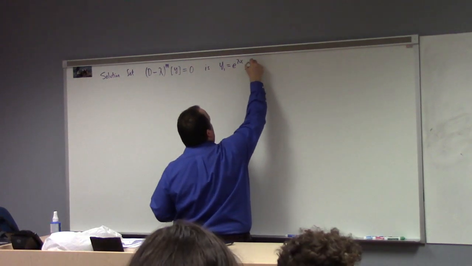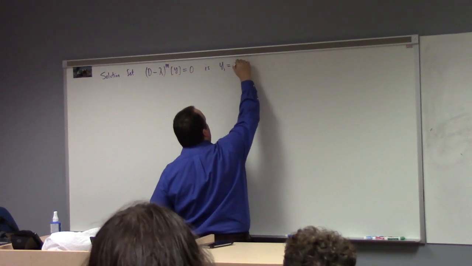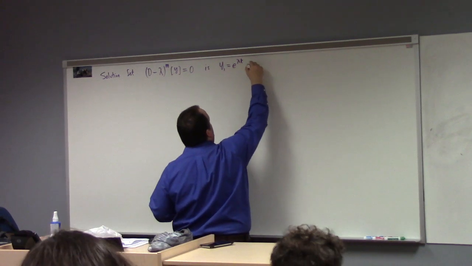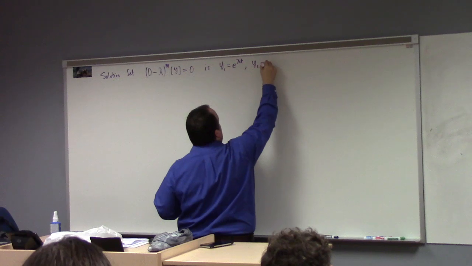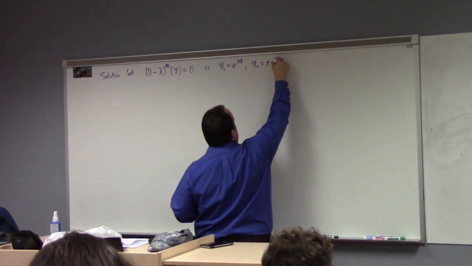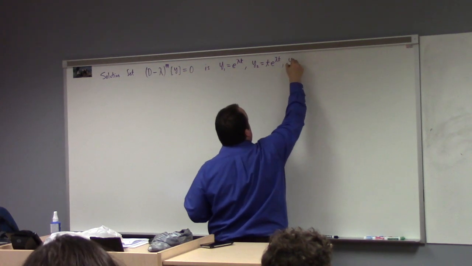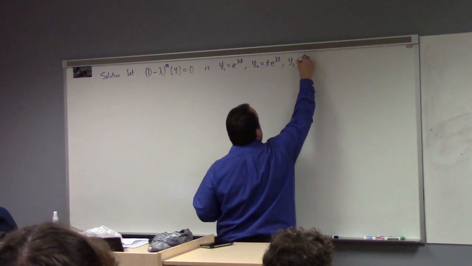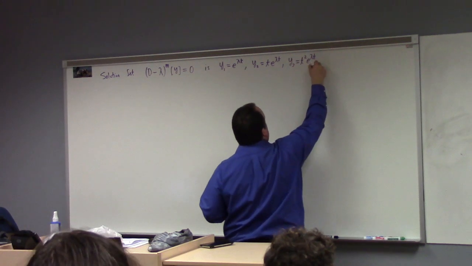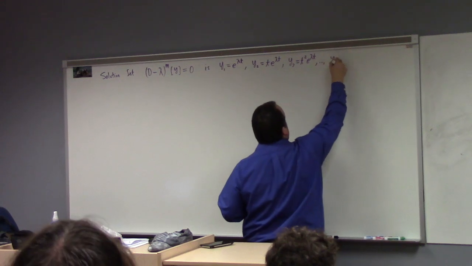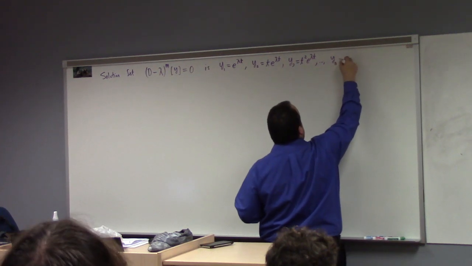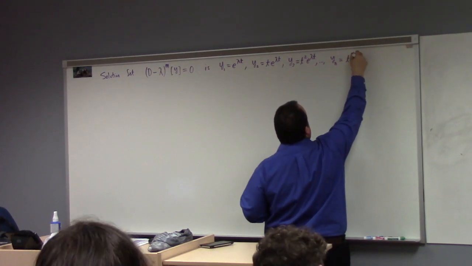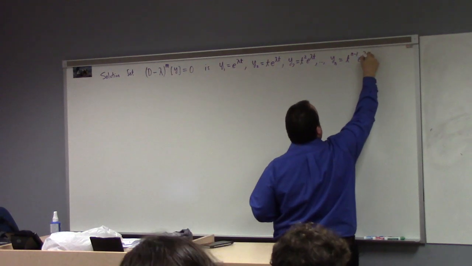I'm going to use t, if you guys don't mind. Lambda t. y2 equals t e to the lambda t. y3 is t squared e to the lambda t, all the way up until we get to yn equals t to the n minus 1 e to the lambda t,